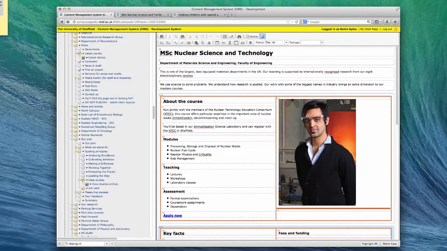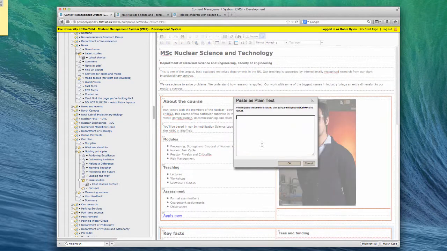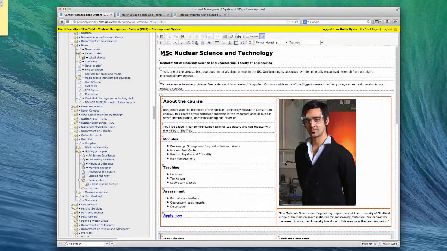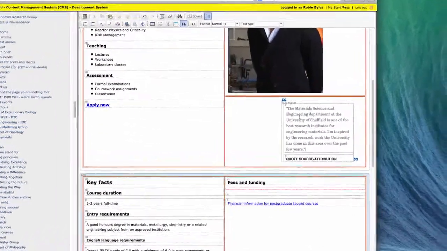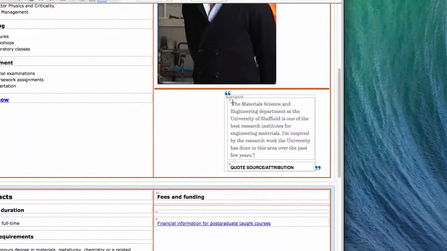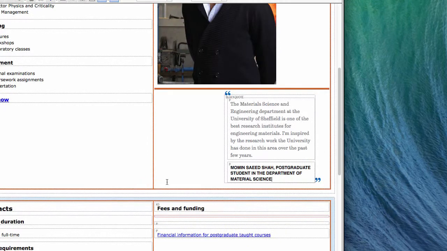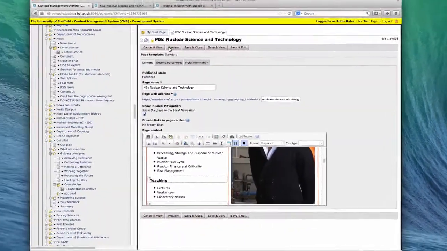So what I'll do is I'm going to paste it in the normal way that I would do. I'll then hit the quote button, and you'll see that the same thing has happened, where the text has gone into the quote. So I'm going to remove those speech marks because we've already got them in blue. And then there's a quote source attribution line at the bottom, which I've got saved, so I'll paste that in and the quote should be ready. So viewing it on this screen, the quote is still right aligned to show that it's a block quote, but if I actually preview it now,